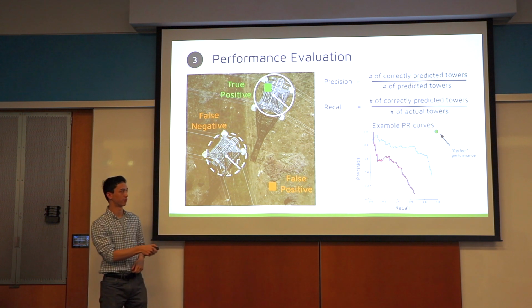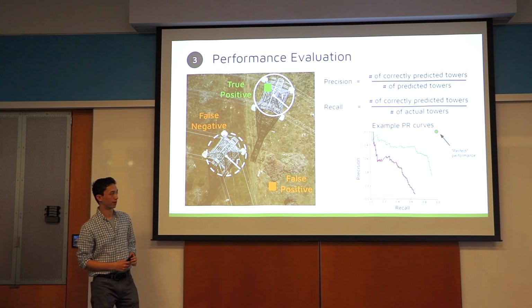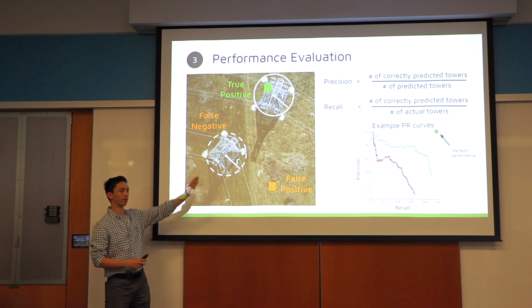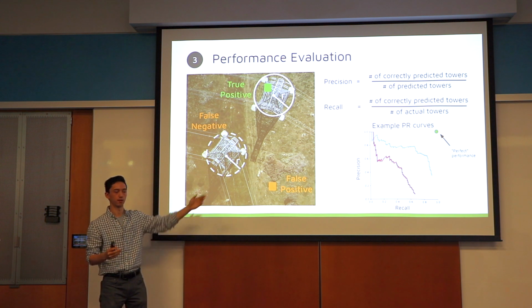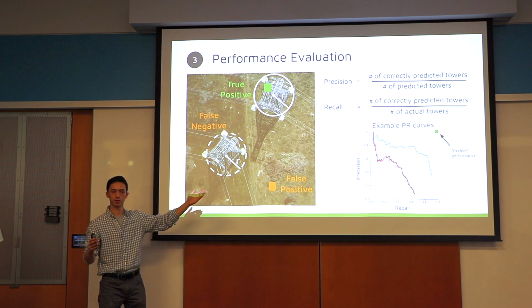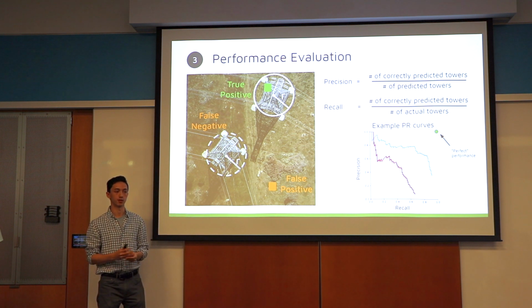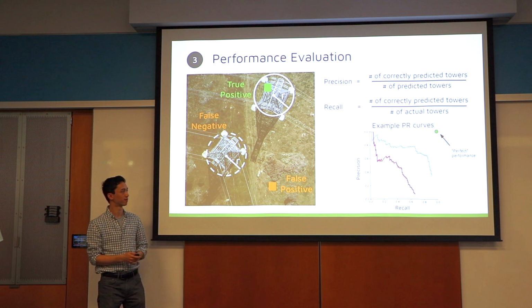Some more realistic curves look like this blue line and this red line. And again, as I mentioned, being farther to the top right is better. So in this case, the blue line would be considered to be better than the red line in terms of performance. We're going to be seeing a bunch of these PR curves later, especially when we're examining the results of our experiments. So when you see those, the main thing to keep in mind is that the lines that are farther to the top right are the better ones.